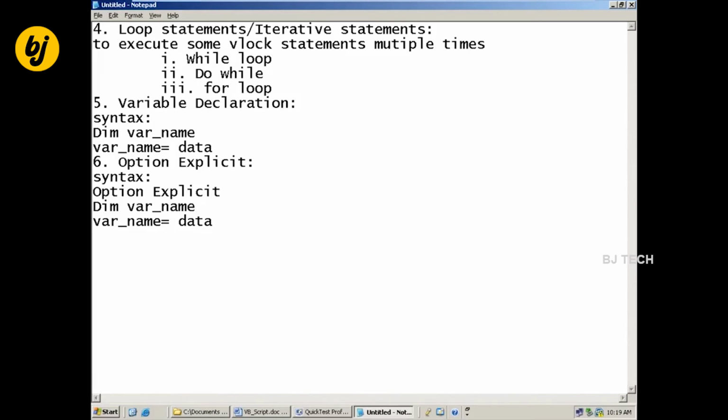Syntax: Option Explicit. Then Dim variable name. Next line, variable name equal to data.